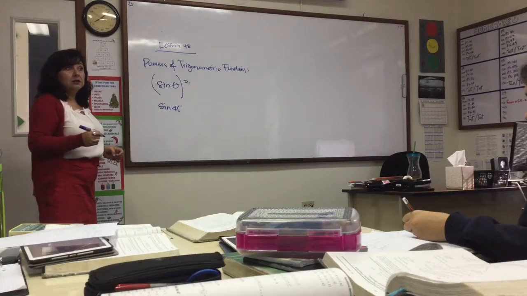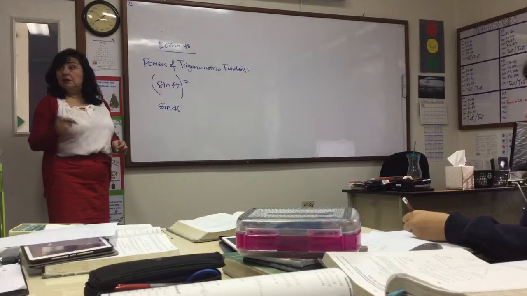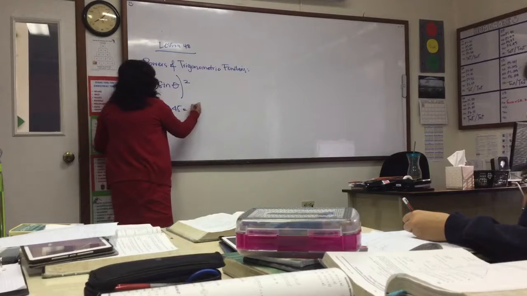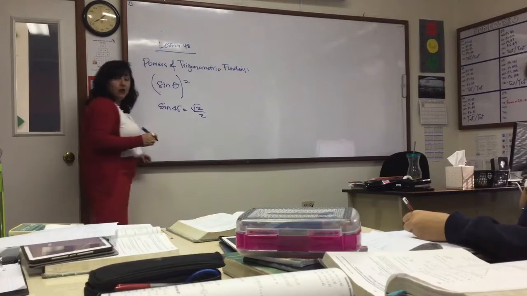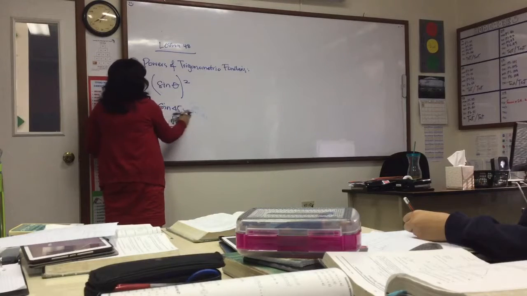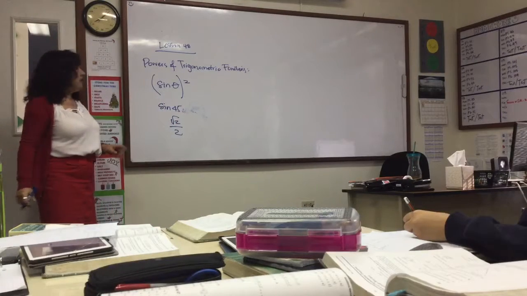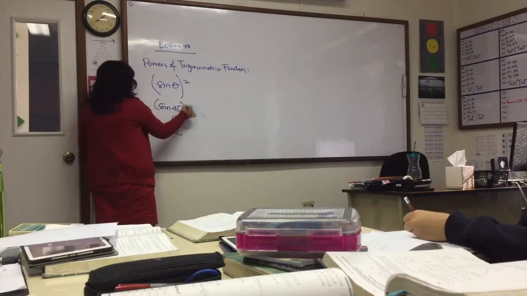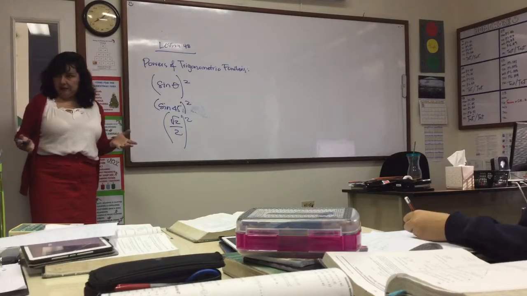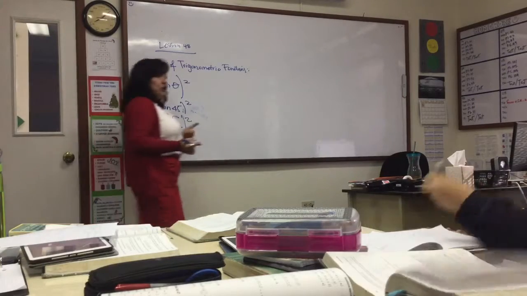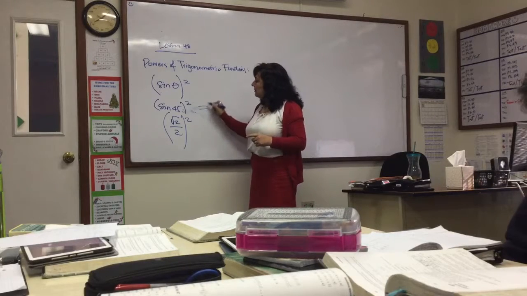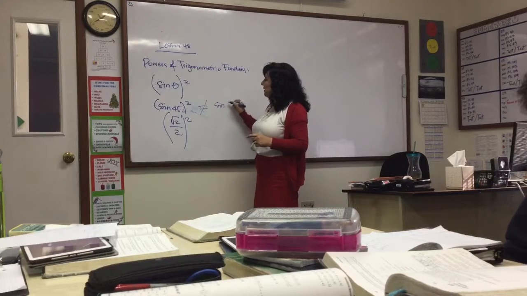Square root 2 over 2, like this? Okay, so what this means is, that's what I have, right? That's the equivalent. So if I square this, it means I square this. Would you agree? Now, if I do that, another way, that is not the same as saying the sine of